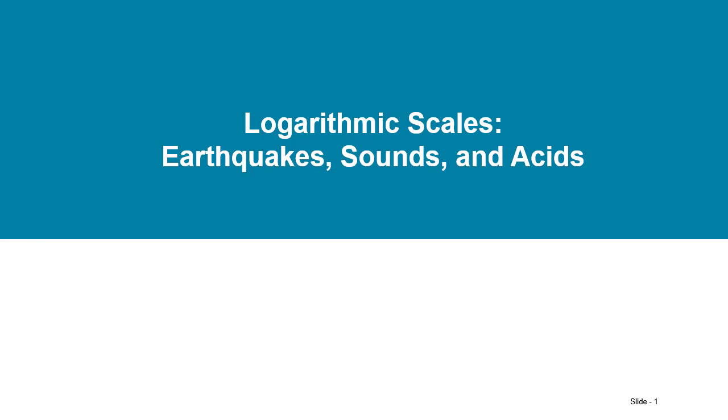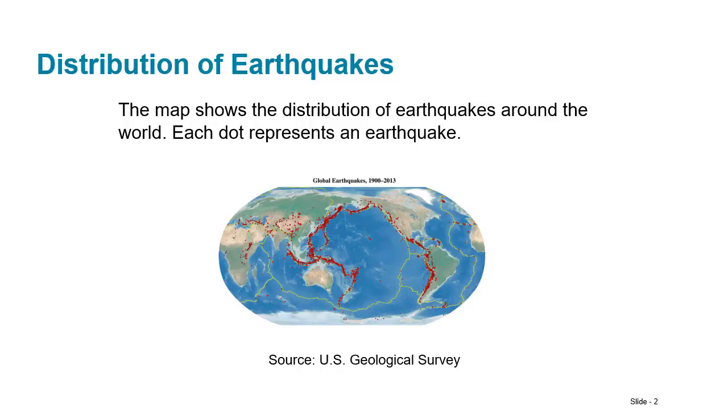Welcome to our discussion on logarithmic scales, where we're going to look at some of the specific applications of them, like in earthquakes, sounds, and acids. So the distribution of earthquakes around the world, you can see, are predominantly around the Pacific Ocean. That's why this is called the Pacific Ring of Fire, because of all of the volcanoes and earthquake activity that happens from those tectonic plates smashing into each other or sliding against each other or actually even spreading away